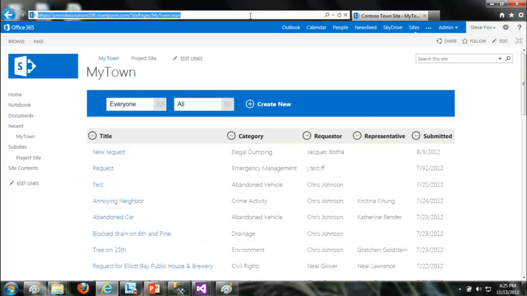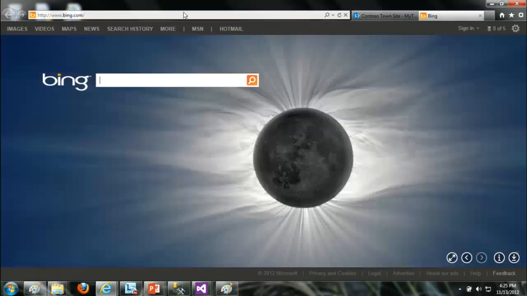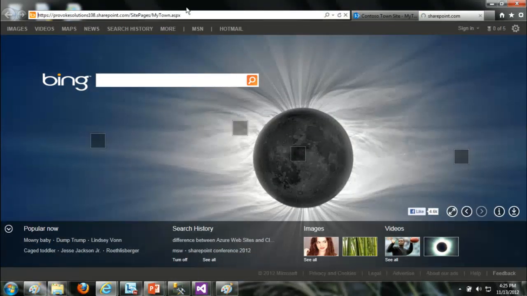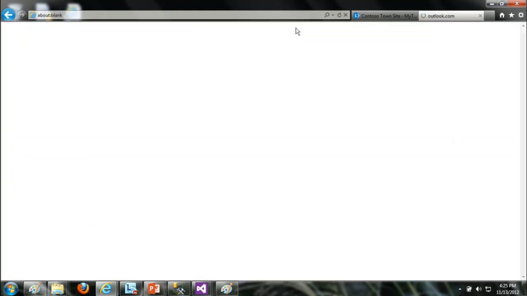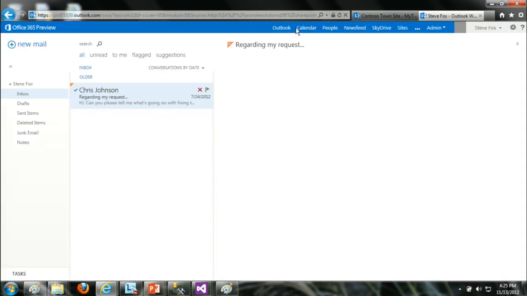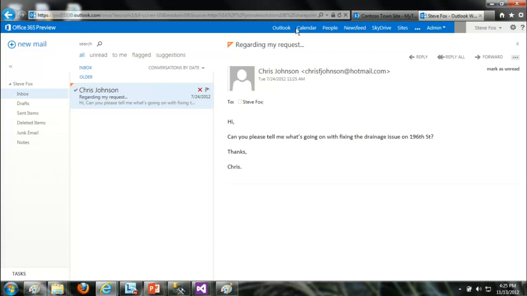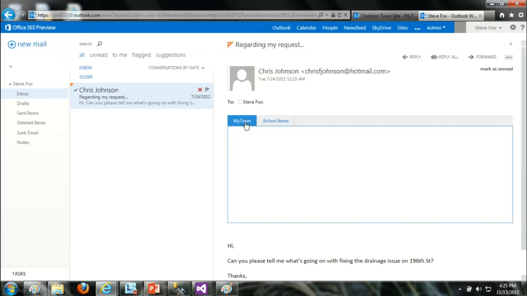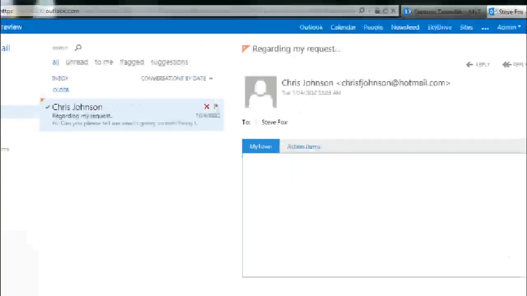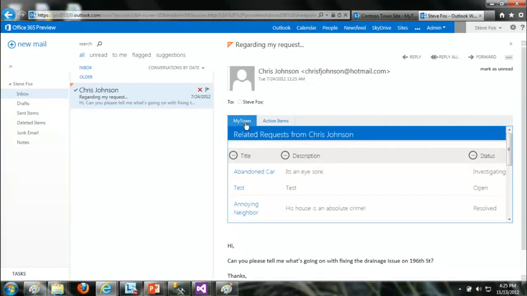Now, the interesting thing, and what I want to show you here, is that it's not just about SharePoint. The guys before us were talking about building thin client apps for Office web apps. So we can take this service, and just like we could use it in the context of a phone app, we can also use it in an Outlook web app. Here's My Town, which is basically just a thin client browser control calling